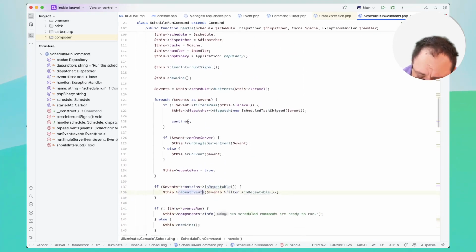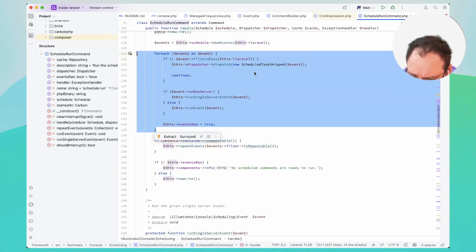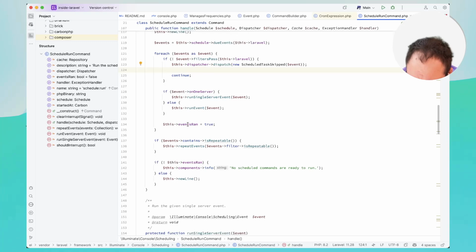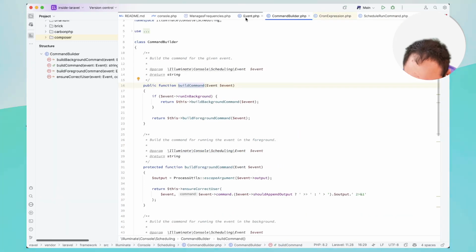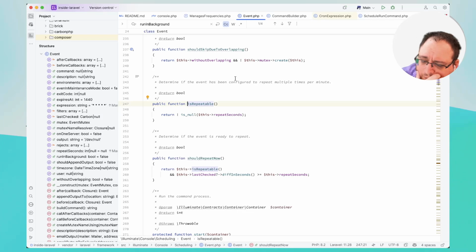Okay, so we're kind of at the end of where we were, right? So this was that whole running the things that are due right now, and then at the end of it, it checks to see where was that, is repeatable here. So if the event is repeatable, so if repeat seconds is not null,